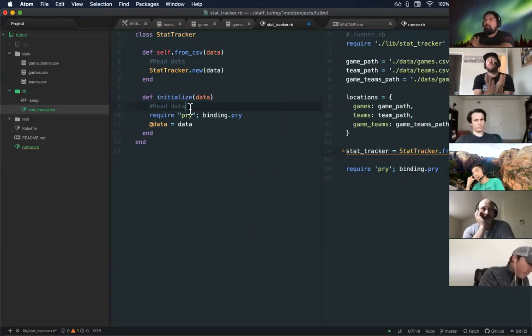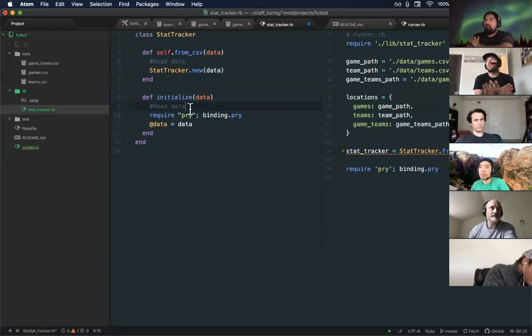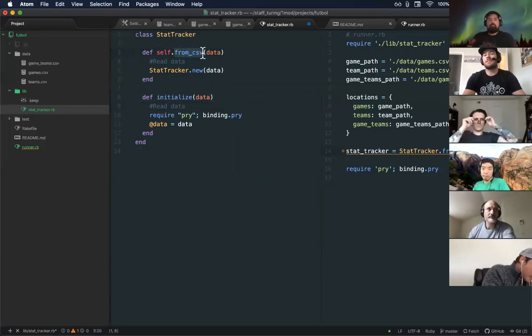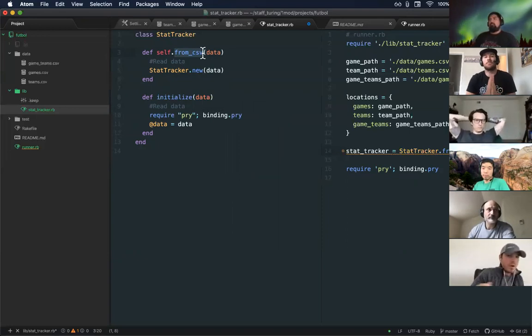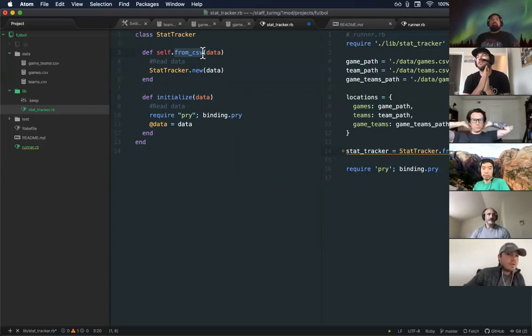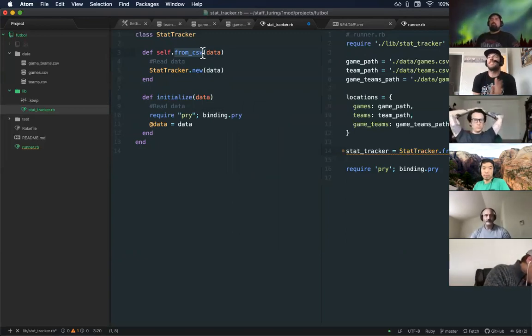And at this point, I will stop showing you what to do and let you go about doing this on your own. But here are some things. This method is called from_csv. So it is likely you will need some sort of CSV reading class that exists in Ruby and is part of that initial setup README to read in this data. And it is likely that you will also need to create some other objects to hold the data that you are reading in, okay?